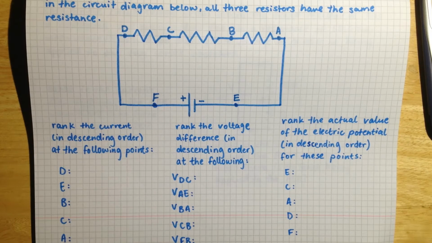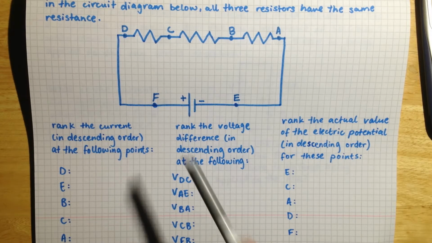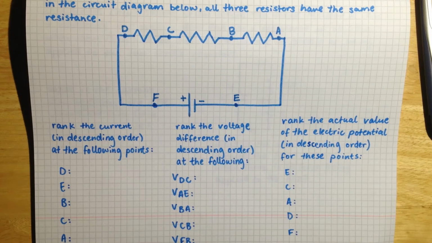We are given a little diagram of a circuit, and we are told that all three resistors have the same resistance. So these zigzags are going to be our three resistors, and then we have three ranking questions that we have to complete. So the first question is asking us to rank the current of each of the following points